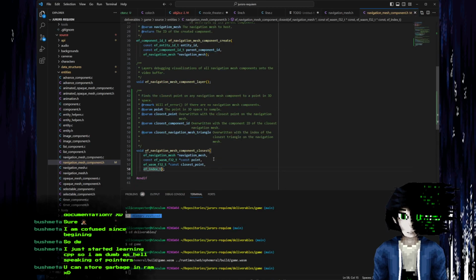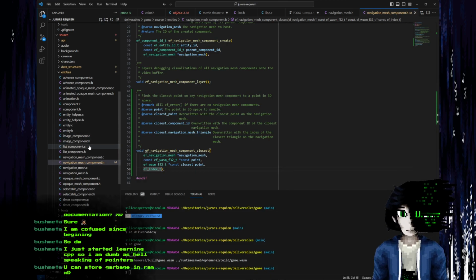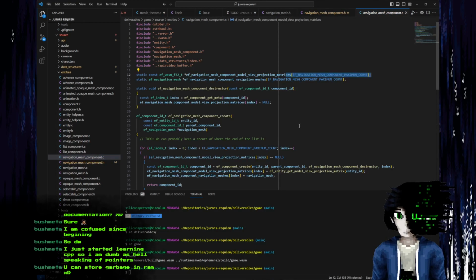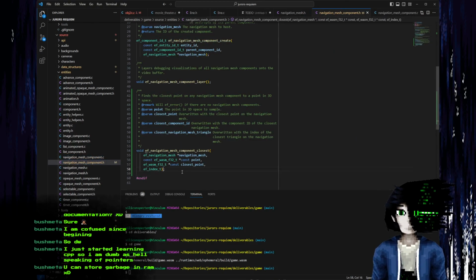So one of the things that is kind of cursed about this code base is I don't have a memory allocator. There's no garbage collector, and I can't even do classic allocation. So everything's just in global arrays because to hell with it, who cares? Okay, so we're going to output the